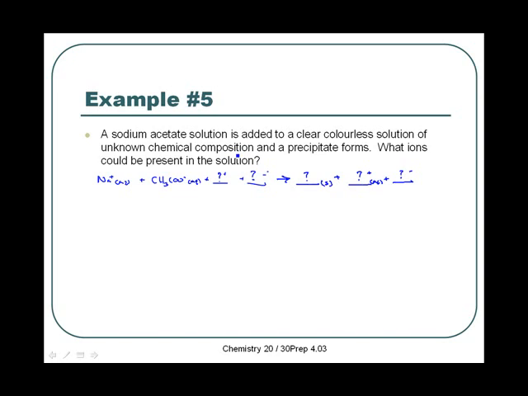If you take a look at your solubility table, at all the negative ions that are listed on the top, none of them form a solid compound with sodium. So sodium never forms